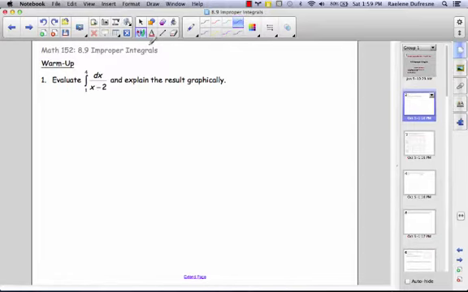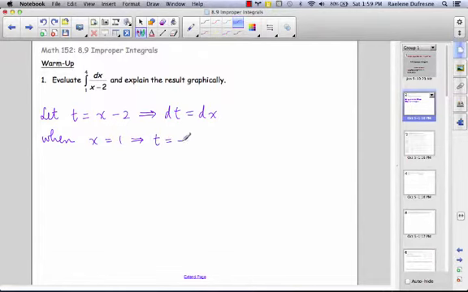So, we could use a method of substitution because we have an inner function, and so we could let t equal x minus 2, so that dt is equal to dx, and when x is equal to 1, we see that t is equal to negative 1, and when x is equal to 4, we see that t is equal to 2. So therefore, the definite integral from 1 to 4 of dx over x minus 2 is equal to